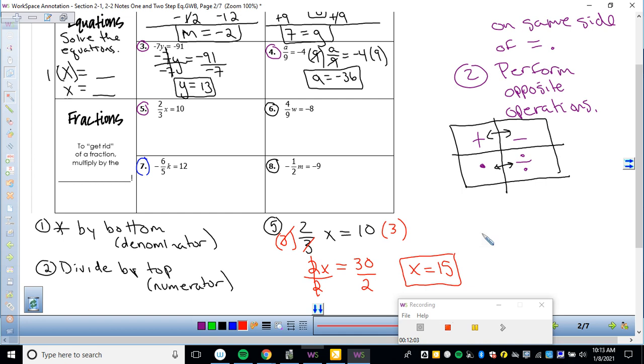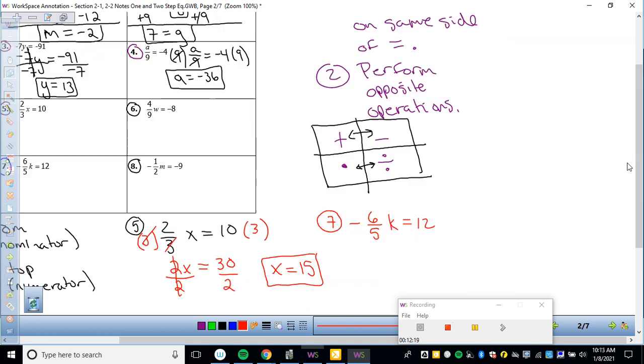Now I want to look at number 7. This one looks a little different. It's got a negative in front. And people always have trouble deciding when to deal with the negative. So what I suggest you do is you rewrite